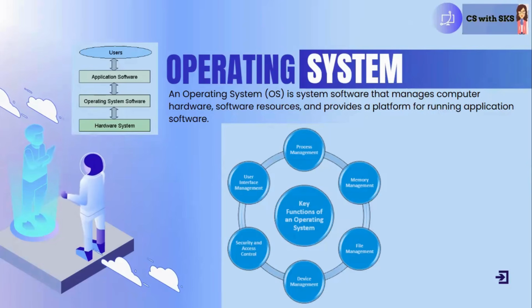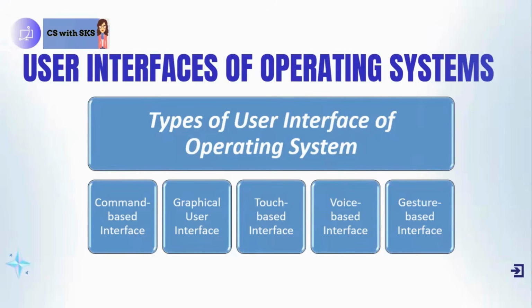For example, memory management, file management, security and access control, user interface management, process management, lots of things that are done by operating system. There are some types of user interfaces available in the market of operating system. For example, we have command line interfaces, we have graphical user interface that you most commonly use, GUI, your Windows,